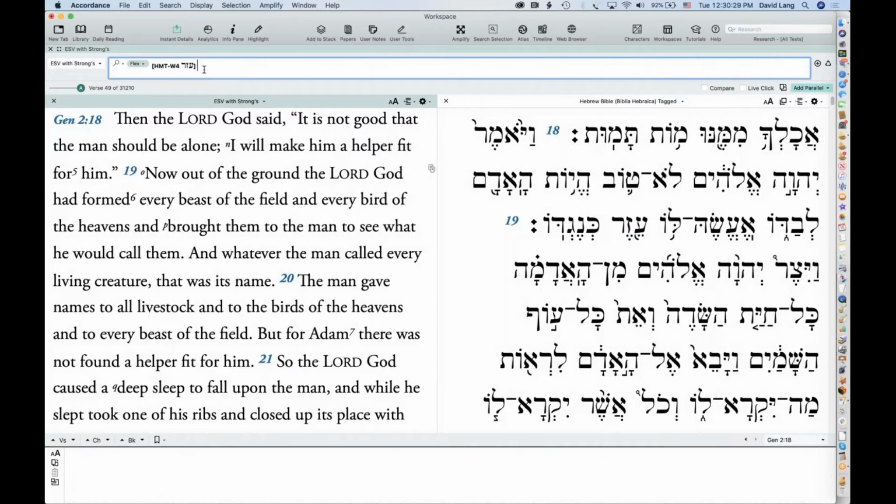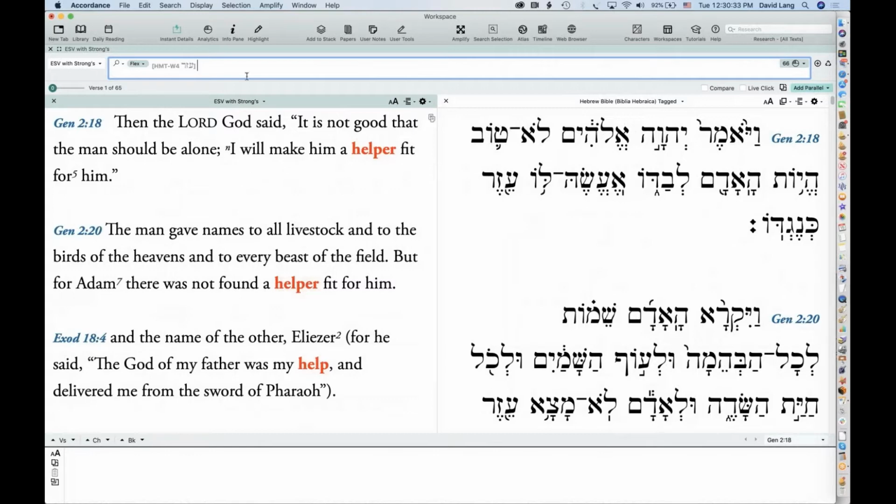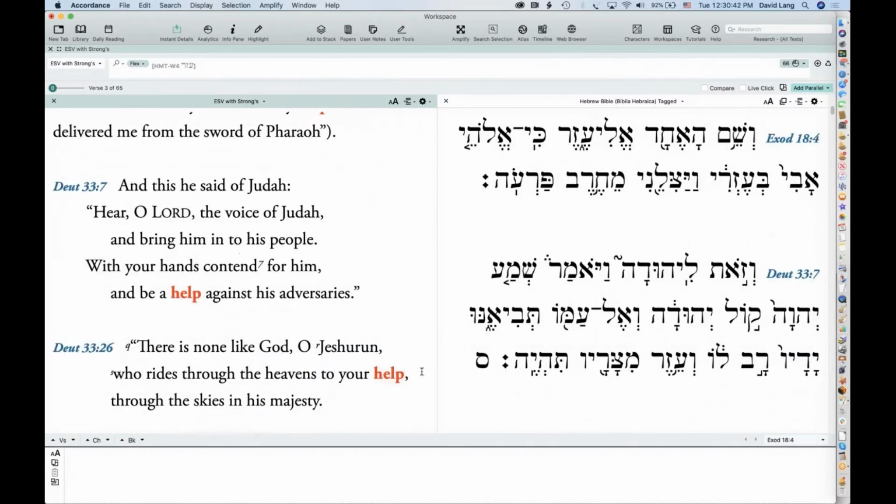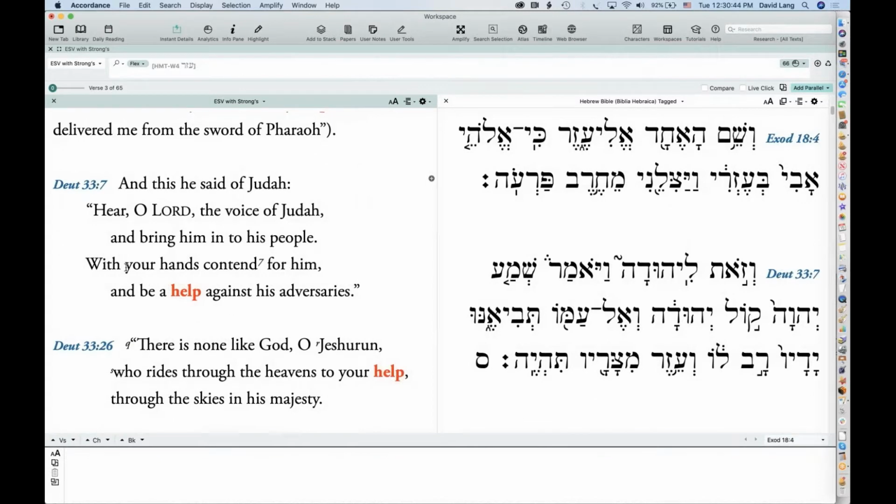Yeah, it is an ayin, not an aleph. Okay, so when I hit return: "I will make him a helper fit for him." "The God of my father was my help." "Hear, O Lord, the voice of Judah, and bring him into his people. With your hands, contend for him and be a help against his adversaries."